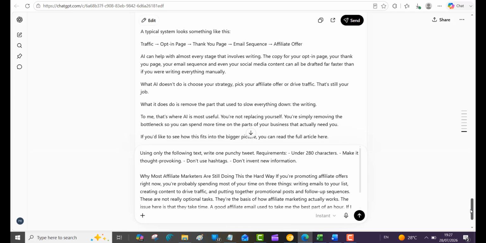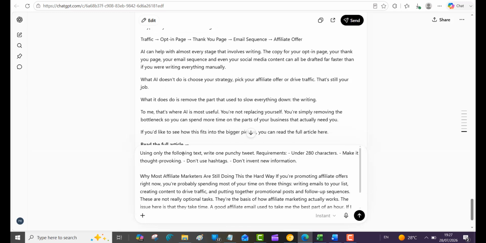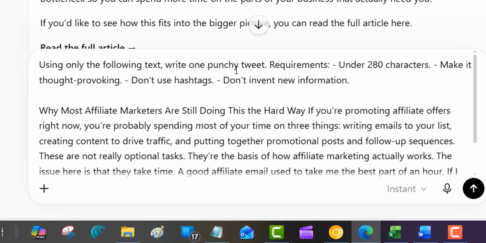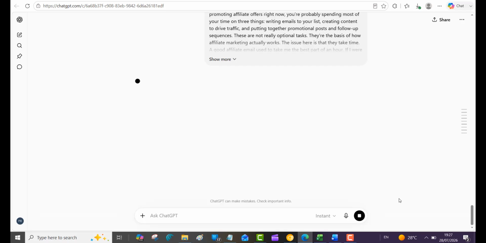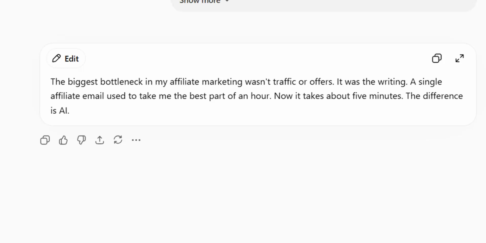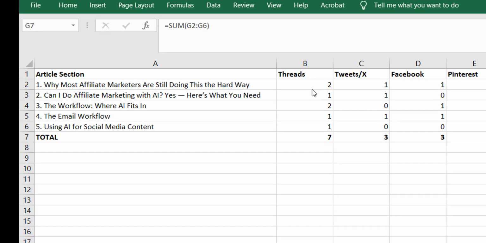So back into ChatGPT, and this is the prompt I'll give it for creating the tweet. So I'm saying, using only the following text, write one punchy tweet. The requirements: under 280 characters, make it thought-provoking, don't use hashtags, and don't invent new information. And I've pasted in the paragraph as well from the article. Send that off, and here's the tweet it's come back with. So that looks pretty good. So we have content for Threads, for Twitter or X, and now we can go ahead and create a Facebook